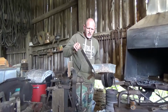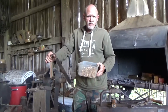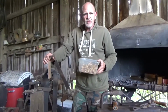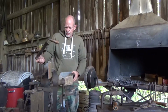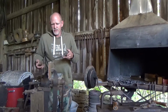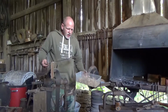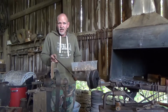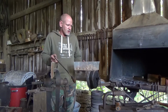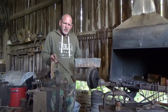Now this technique is great for during winter time. You actually come out to the shop, and like mine, it's an open air shop. You don't have any heat out here. One of the nice things about doing this in order to create a fire is it keeps you a little bit warmed up. It also fills up your box, just in case you don't have any wood shavings. But what I'm going to do is finish filling up this box